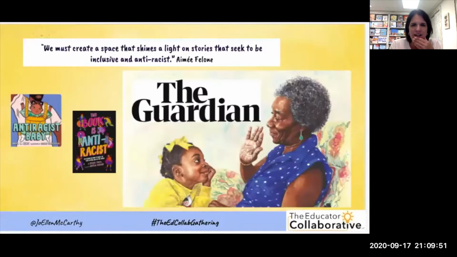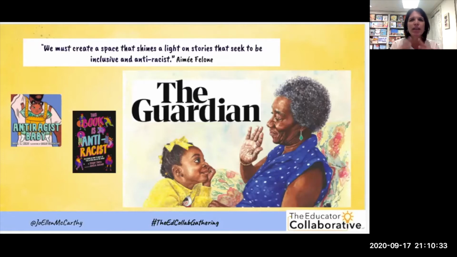If we think about what's going on in our worlds right now, and we think about the importance, the essence of what we do as teachers, it's about life work. And so we must, through Read Alouds and through our teaching, create a space that allows for conversations where we're using stories to be more inclusive, to think about how we can be more anti-racist and really elevate the conversations we're having around biases and experiences, those difficult conversations that have maybe been put aside for far too long, right?